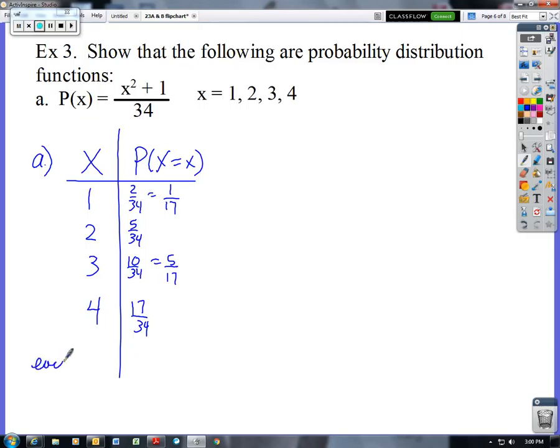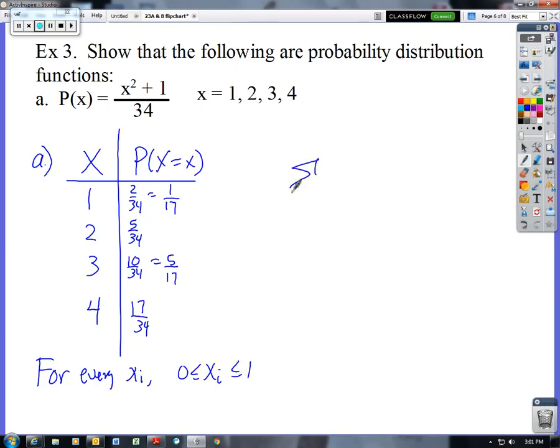Each probability. That's probably not written very nicely. The probability of each X is less than or equal to 1. Actually, let's do this. I don't even like that. Let's write it with math notation. Let's make it really nice. For every X sub i, P of X sub i is between 0 and 1. That sounds beautiful. And then we need to also sum them and make sure that the sum of the probabilities